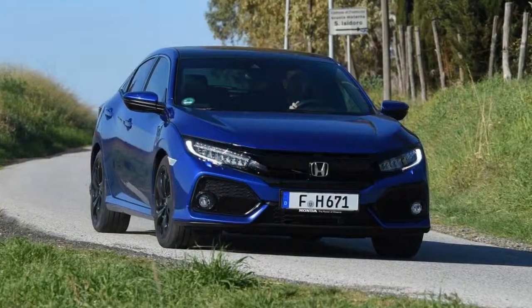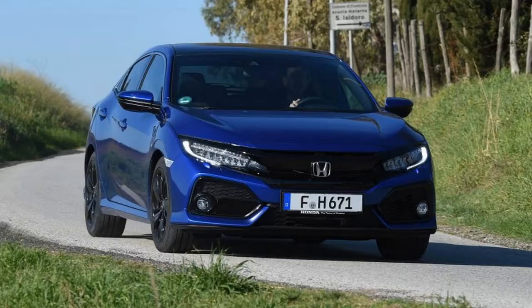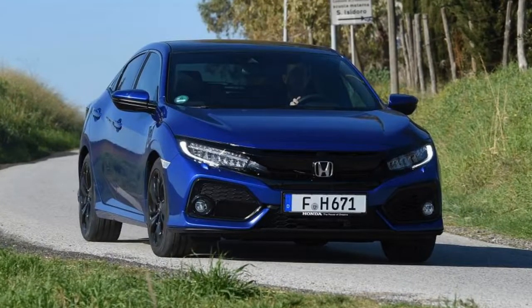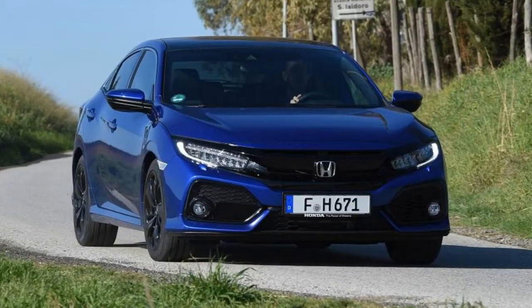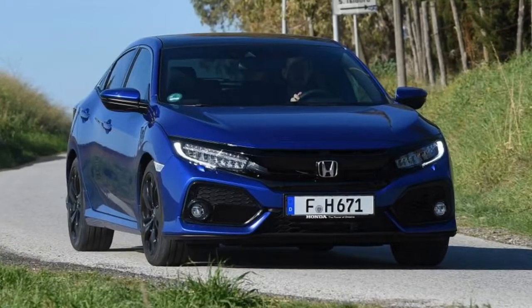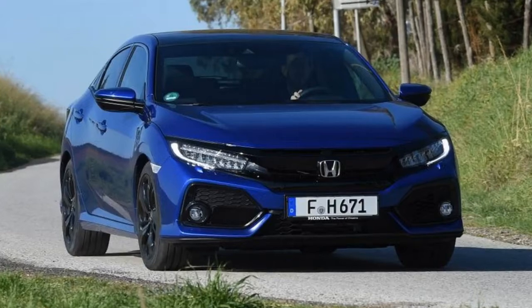Until now, the latest Honda Civic has effectively been fighting a battle for sales with one hand behind its back. That's because it has been available only with petrol engines in an area of the market where diesel engines are, despite changing consumer tastes, still very popular. Now, though, the Civic range is up to full strength, with that gap in its lineup effectively plugged thanks to